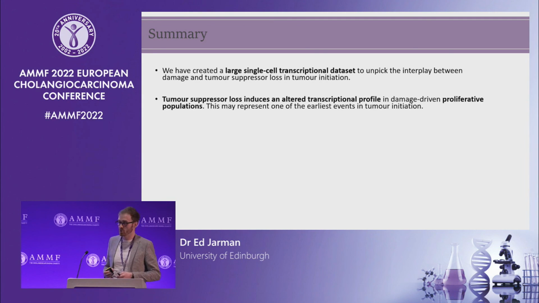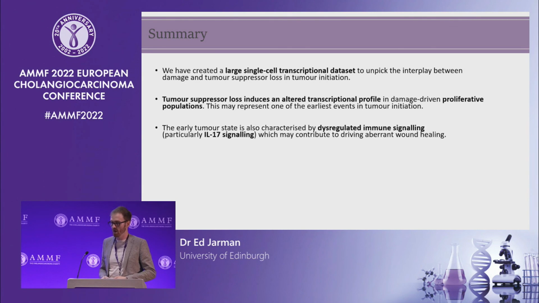We think that tumor suppressor loss is inducing alterations in transcriptional profiles, specifically in these proliferative populations, as I've said, and this could represent an initial action of these cells that coincides at the interface of damage and tumor suppressor loss. And we see this interleukin 17 signature at the very early stages of tumor initiation. So we think this might be important in allowing these,